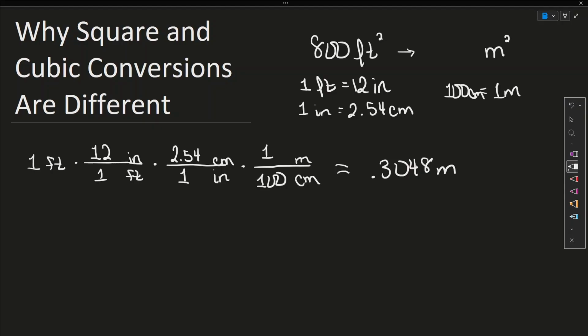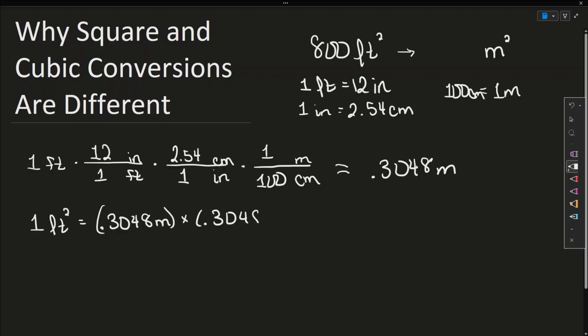But we're actually converting square feet, not just feet. So 1 square foot is going to be about 0.3048 meters times 0.3048 meters, 1 for each dimension. This tells us that 1 square foot is about 0.0929 square meters. So to convert 800 square feet,